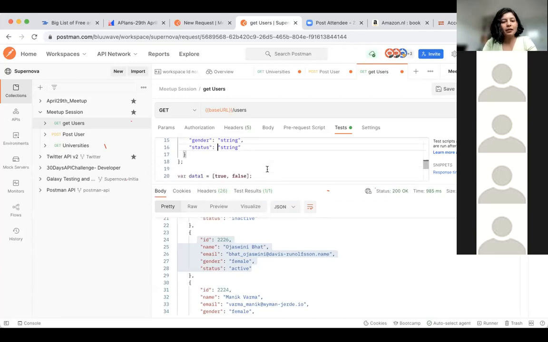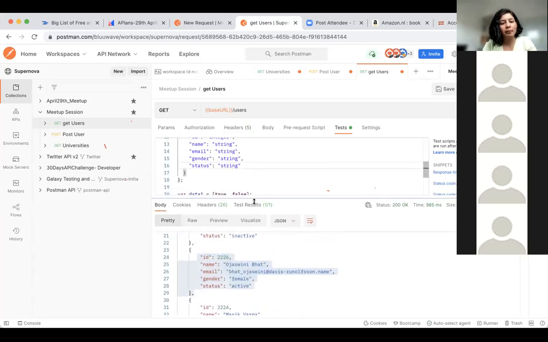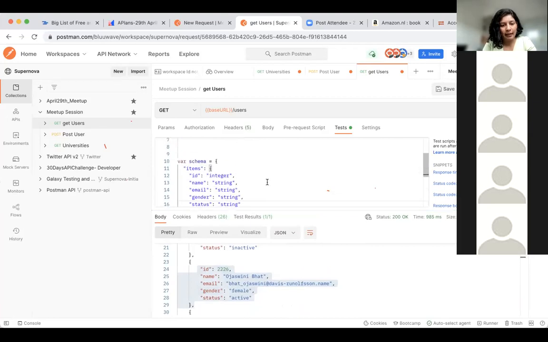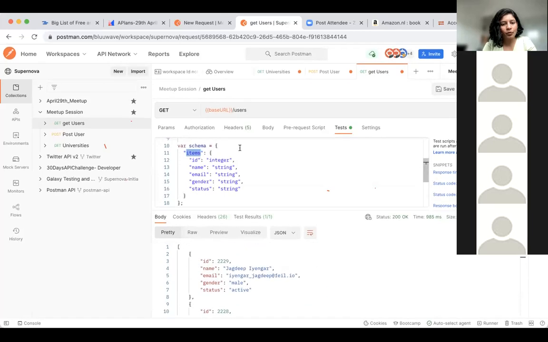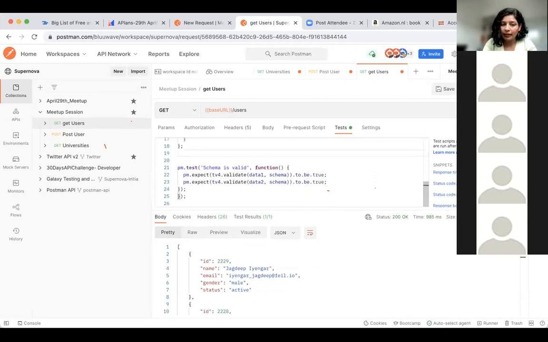Okay. All right. So this is how my response is coming, and each of my responses will have this many fields available. That is what I am telling. But this is not required. I think this has no names. And then this is not required because we already have the data and we will work with our data. We need this method because we have to check if the schema is valid. And then this is going to remain constant. We are going to validate